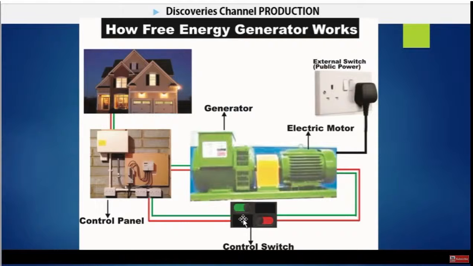For you to enable the control switch, you have to allow the current to flow. You switch it on in this place. When you switch it on, the current flows back to the electric motor, and you switch off this other switch. You have to put it off, because if you don't, you will have two power inputs, one from the generator and another from the wall. It will not be good for the electric motor to run smoothly. So you switch off this one, then switch on this one, so that the voltage that moves from here will enter back to the electric motor.